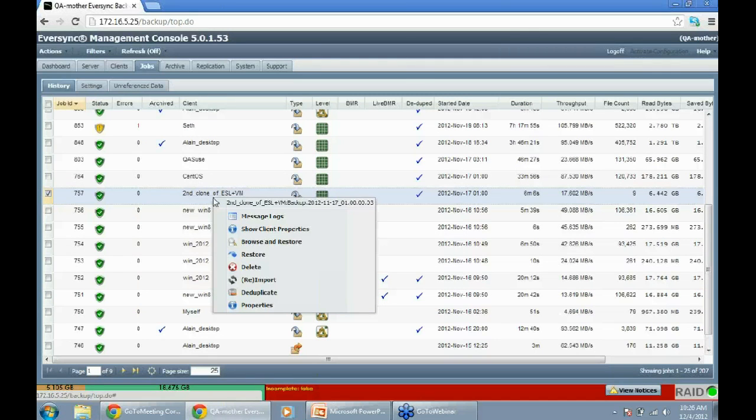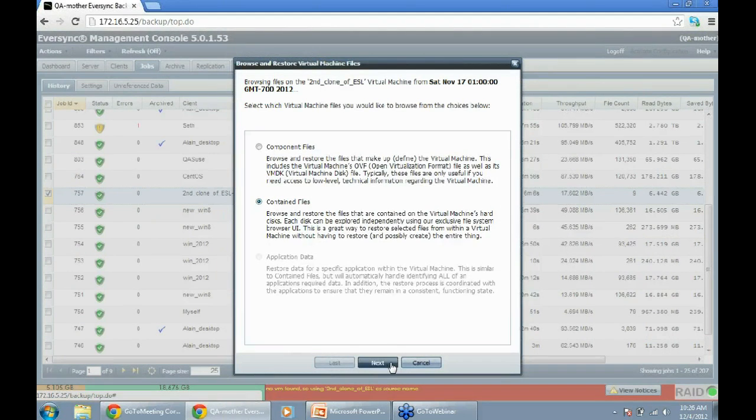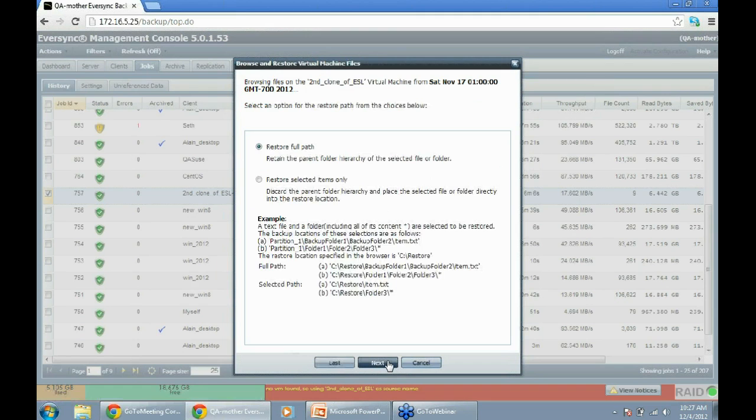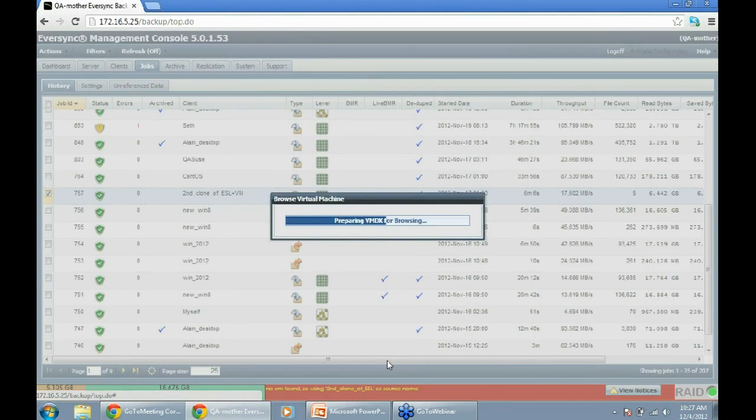Restoring an entire VM for just, what, maybe a few megabytes isn't necessary. We'll browse, go here. We're going to look in the files contained within the virtual machine's virtual disks. It's going to take just a moment here while it prepares the VMDK. It's going to mount it and give us a browsing window to see the files that it contains.